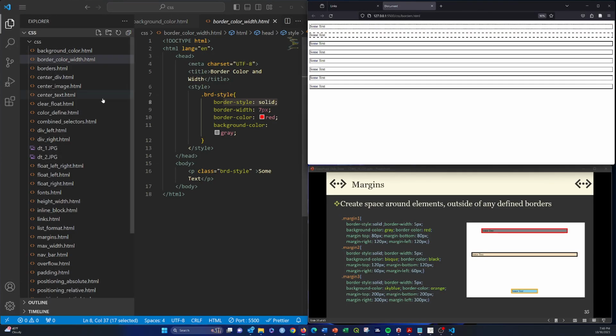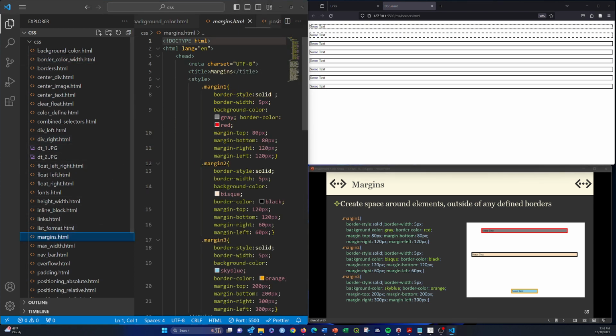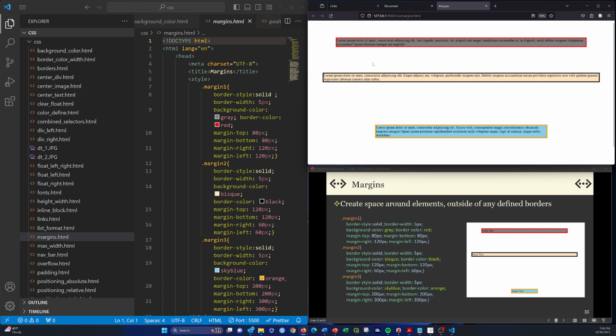Right, so in this example, we're going to look at the difference between margin and padding. I'm going to start off here with our margin example. Let me get this spun up. There we go. All right, so margin is used to add space between objects on a page as opposed to